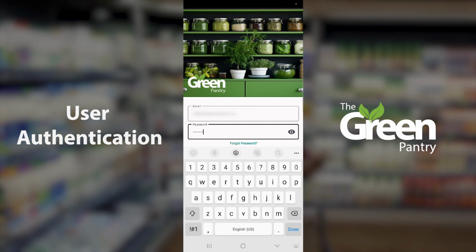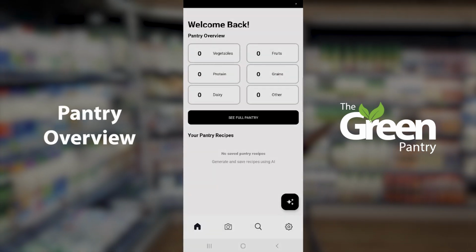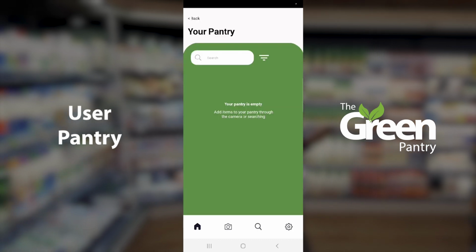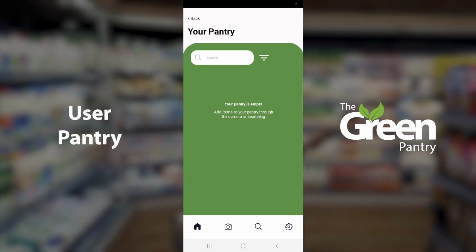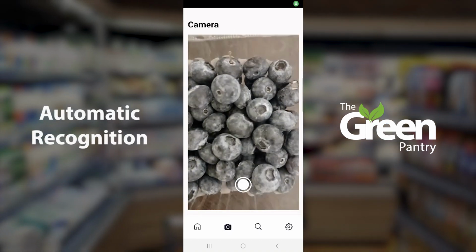Once logged in, users will be on the home page. This includes a pantry overview based on unique items in each food group. Users can also navigate to their pantry. Currently, there are no items in our pantry, so let's go through the 2 flows that a user can do to add an item. First, we can navigate to the camera page where users can take a photo of the